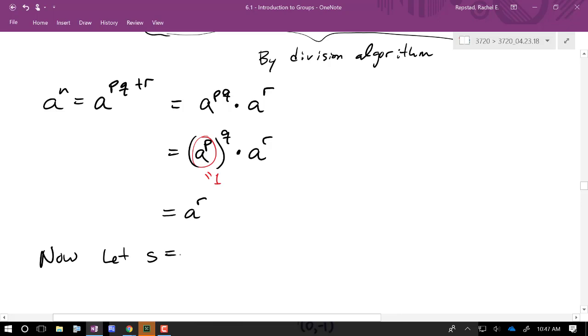So now let's let s equal some pq plus r. And in particular, I'm switching to s now because I'm going to consider an integer where a to the s is equal to 1. So for some q in Z and some r from 0 to p minus 1,